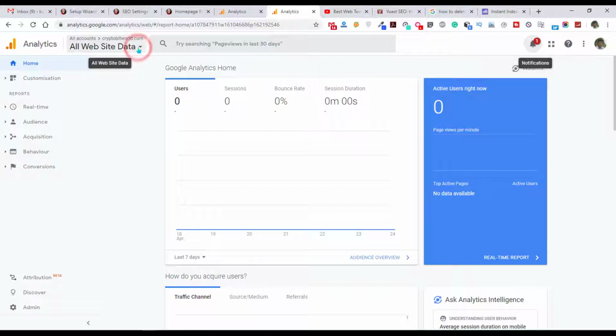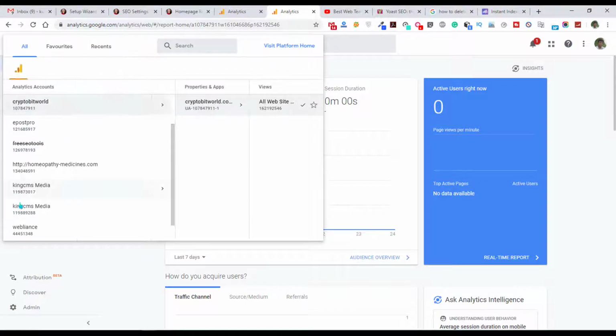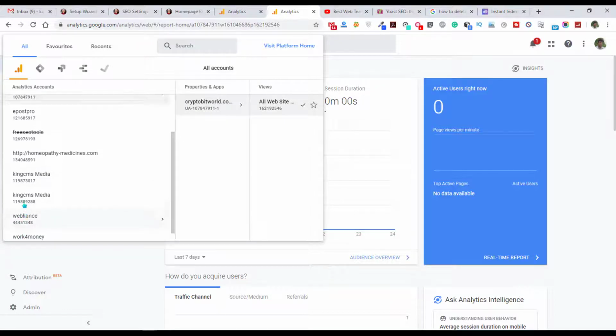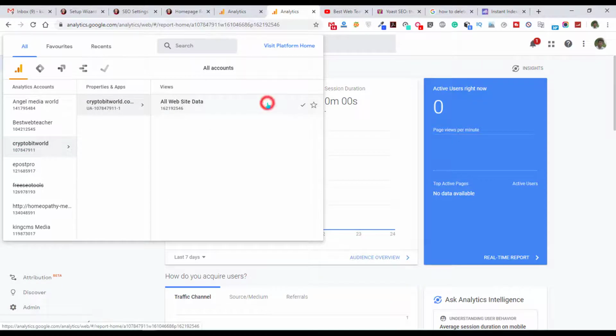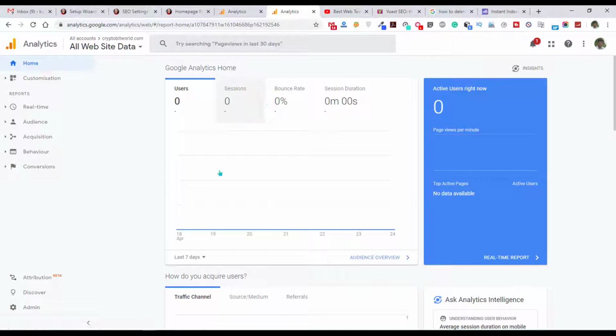Just click here and you can select the website which you want to delete. Right now I want to delete this website, so just select this, and after that just go to this admin area. This is the admin. One gear button is there, just click on it,